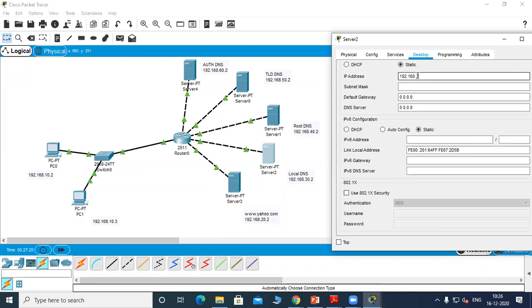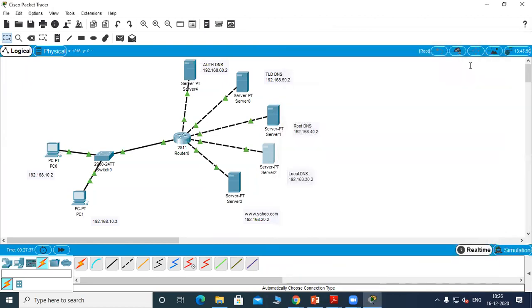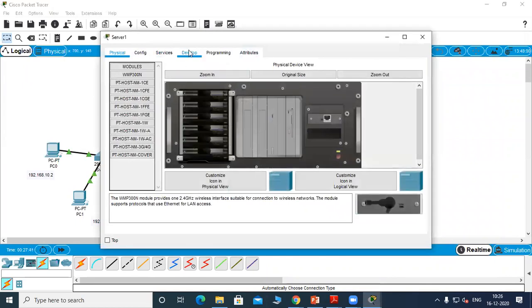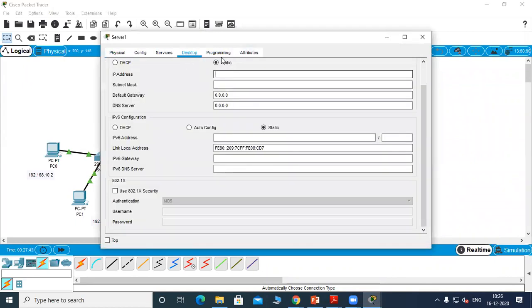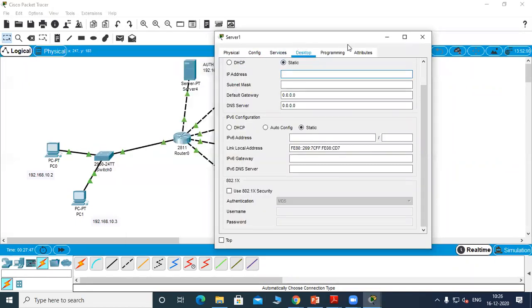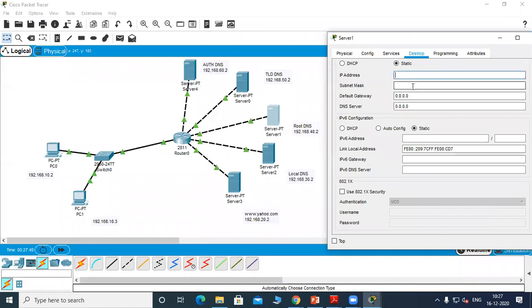Local DNS 30.10. Gateway is 30.1. The root DNS is in the 40 network, so it is 40.2.